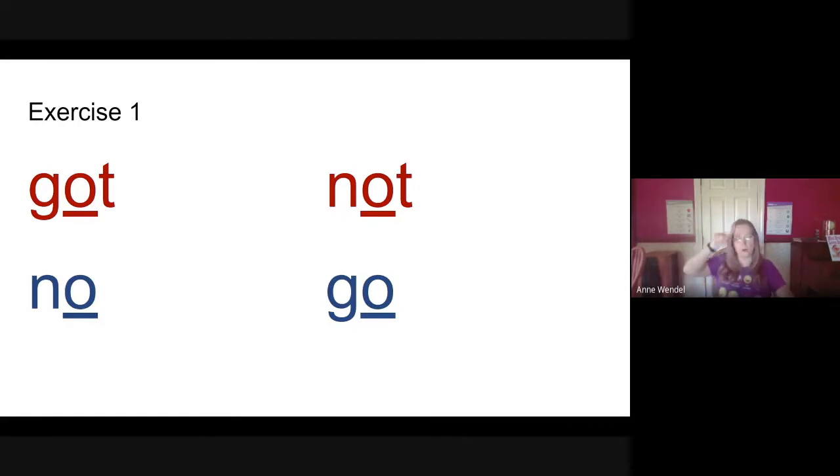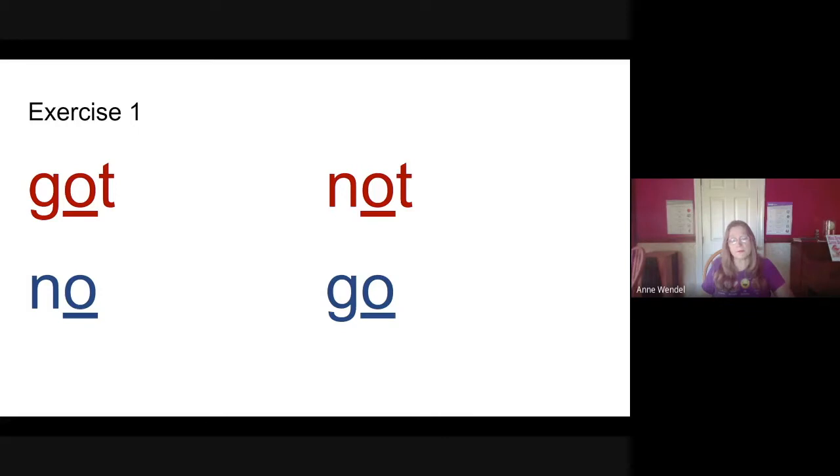Yes, O. So the word is no. In the next word, what is the vowel followed by? Yes, nothing. So is it short or long? Yes, it's long. What is a long O sound? Yes, O. So what's the word? Yes, go. You may have already known these words without knowing the rules, or even that there were rules that